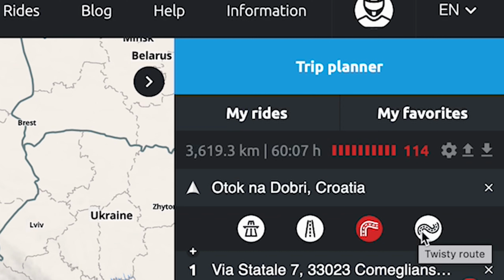Or you have the twisty option, which is basically zigzagging and trying to pick every single twisty road there is from point A to point B, and it just mashes it all together and gives you an awesome ride. So I've tried to stick as much as I can to that twisty route section. However, the kilometers just get eaten up like that. There's a lot of twisties in it anyway. There's a lot of unreal alpine regions, mountain ranges and that sort of thing that are built into the trip.